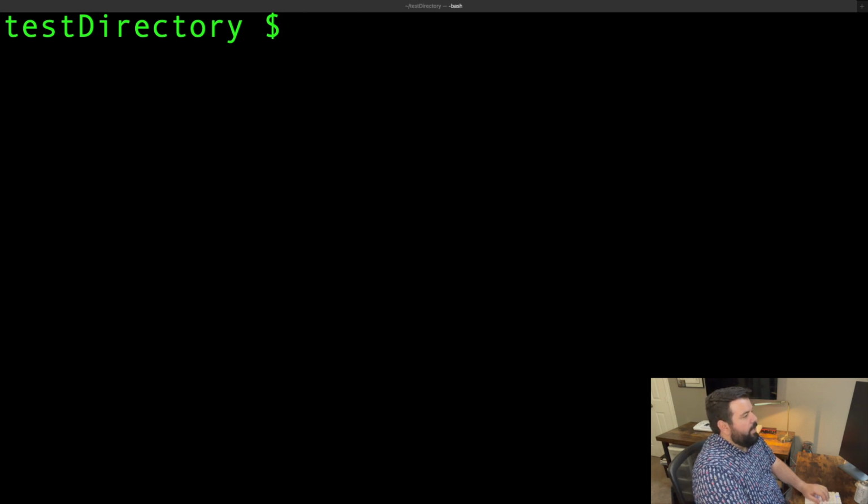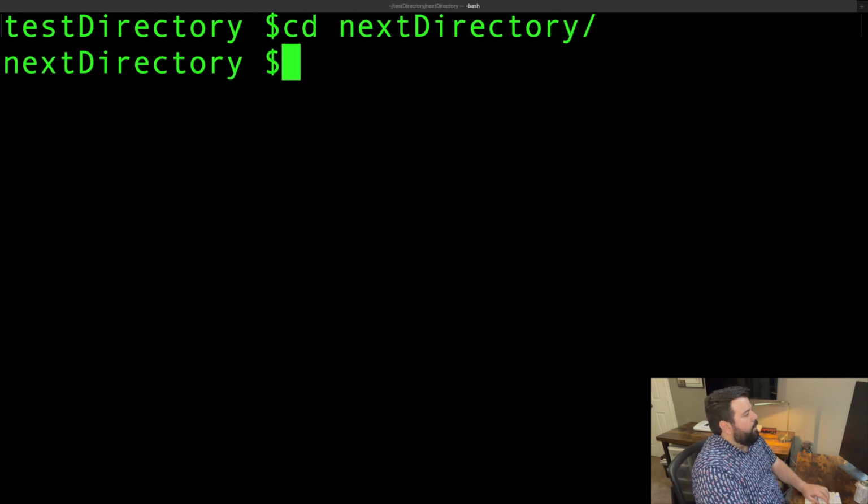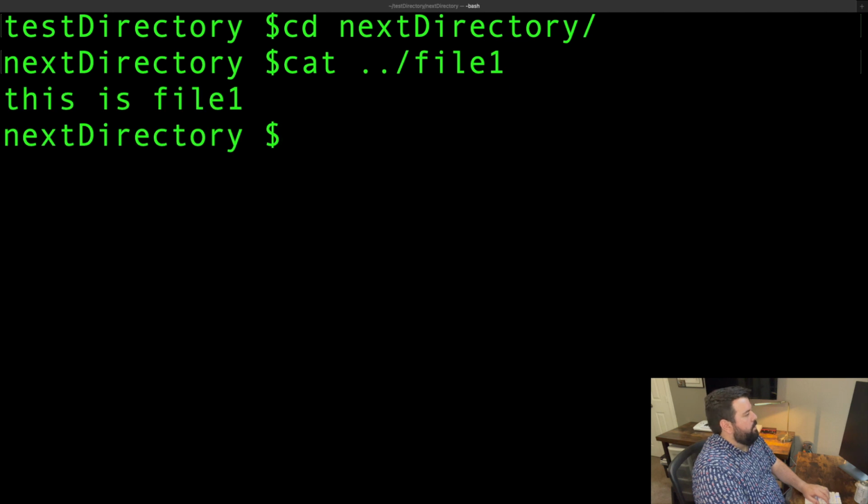We can do this the other direction with the .. variable. We're currently in next directory, but I can print the output of the file 1 that is in the directory above me. So as you can see, these commands are only powerful when we know the file structure and know where the files are so that we can